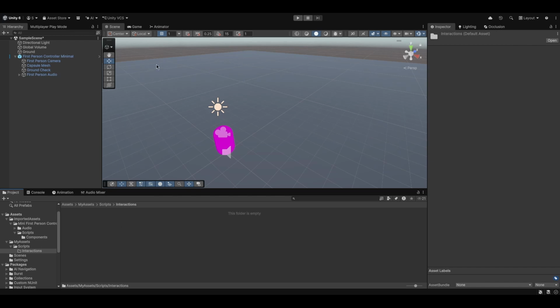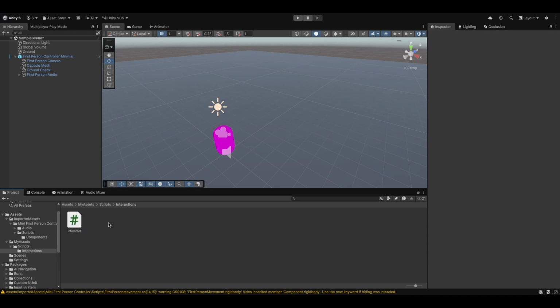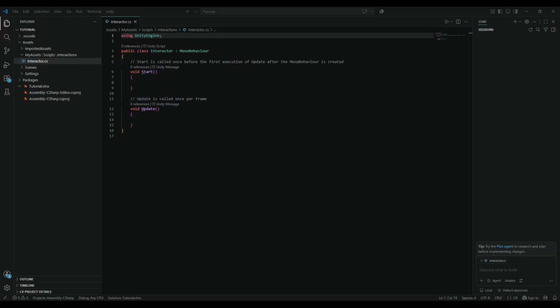First off, we will need to make a MonoBehaviour script called Interactor. This is the script which will allow us to build the interaction code, and then after that we'll make a second script, and this one will be named whatever you want really. So let's start up and open the Interactor script. Just double click that and that'll bring us right here to the Visual Studio that we'll be using to write